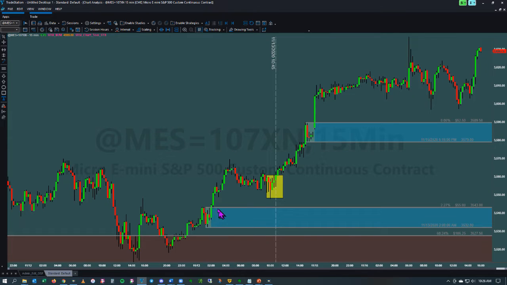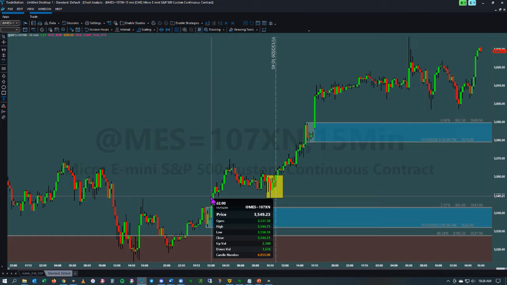Maybe there is a band drawn on your zone on your chart that you don't understand why that would be drawn there. And so what you can do is you can find the leg out candle and you can get that candle number, in this case 4853, and you can use the explain function to explain to you why that